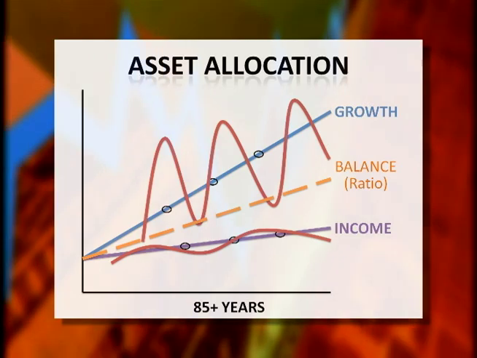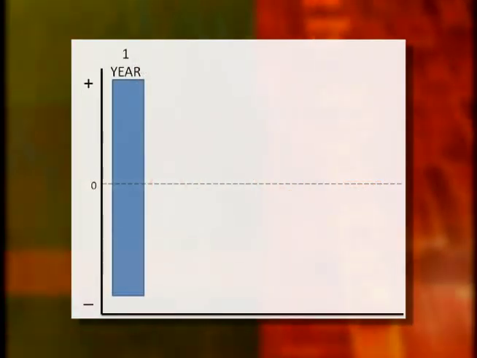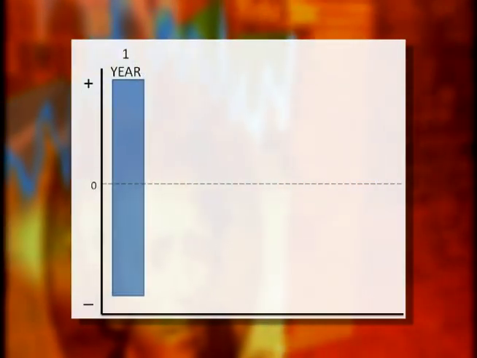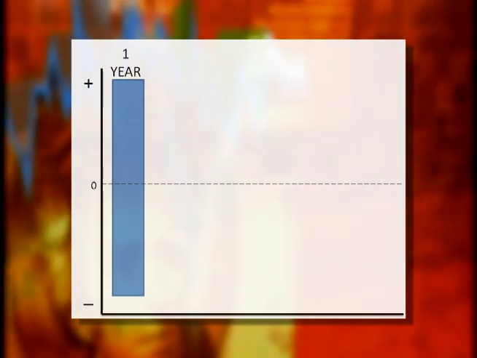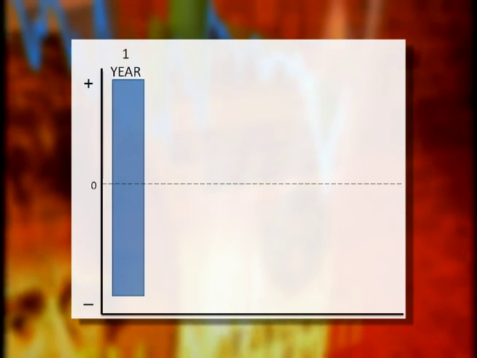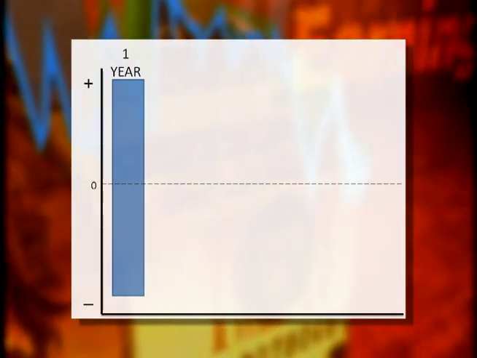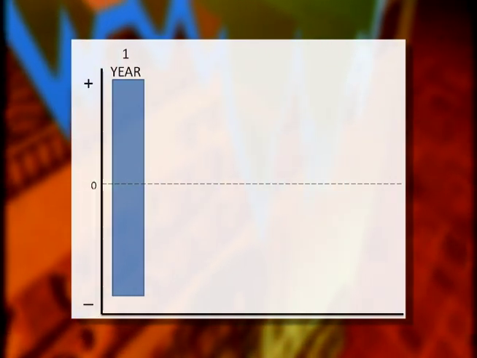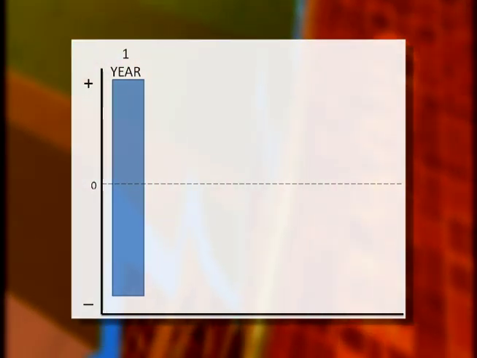If we look at growth investments over time and look at any given year over the past nearly 9 decades, the range of possibility on whether we made money or lost money, well, the range of possibility is enormous. In any given year, almost anything could happen, and most anything you can think of has happened over time.